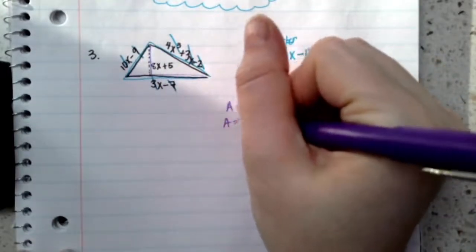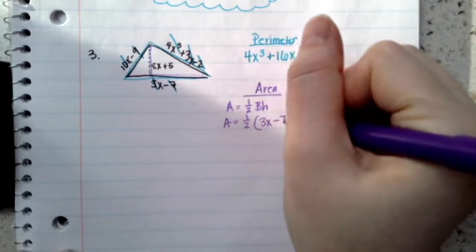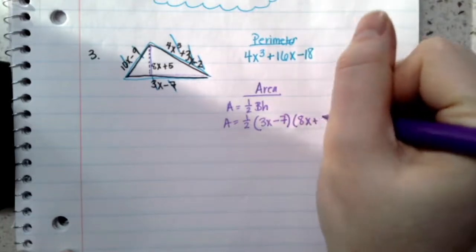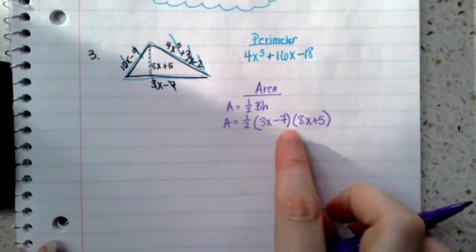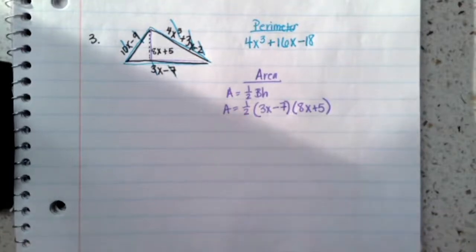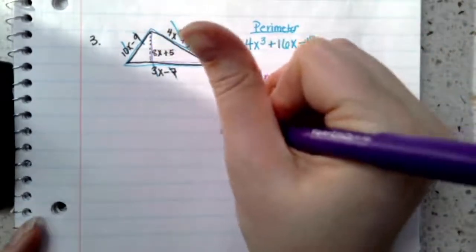I'm not going to use those two because those are not the base or the height. So my area is 1/2. My base is 3x minus 7. And my height is 8x plus 5. So I'm going to start by distributing these two polynomials to each other, and then at the very end I'll multiply everything by 1/2 or divide everything by 2. So I'm going to leave this 1/2 out front,